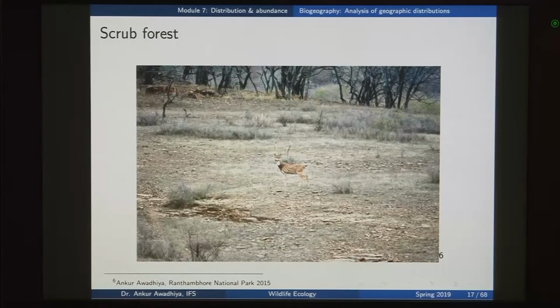Typically, these shrubs are very thorny shrubs. So, here again you have a very low amount of moisture that is available to the plants, and the plants also show adaptations to conserve this moisture. So, there would be a number of plants that would have reduced their leaves into the spines or the thorns. Now, when you have a leaf that is converted into a thorn, it not only gives protection to the plant, but that is also an adaptation through which it is able to reduce the amount of water losses through